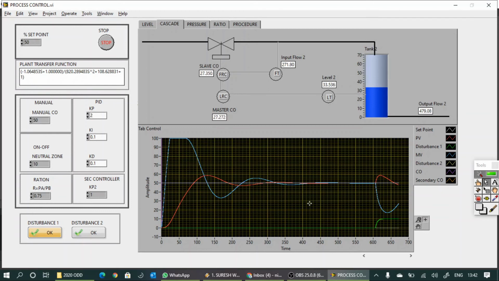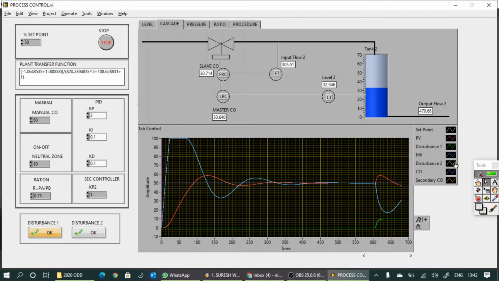One more thing you can see here, because disturbance 1 is changing the controlled variable directly, right? Am I correct? So this is disturbance 1, so the controlled variable is deviated. The cascade controller or the normal controller will change the manipulating variable to bring back this controlled variable.